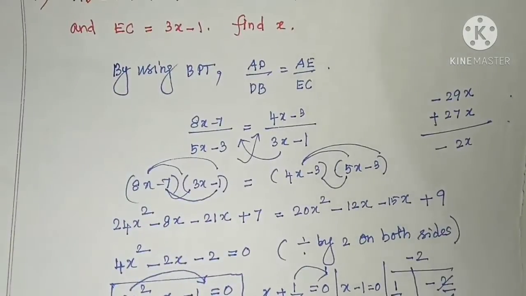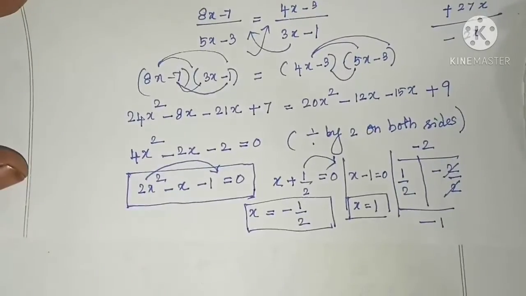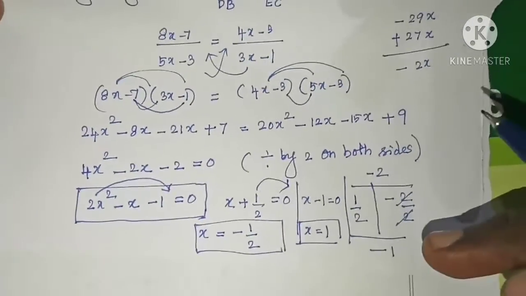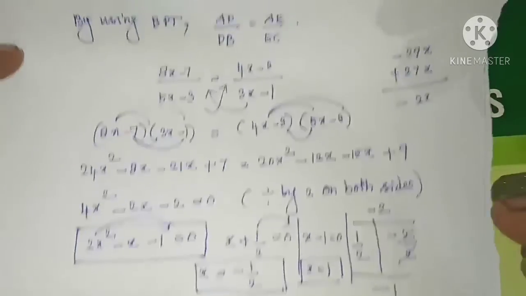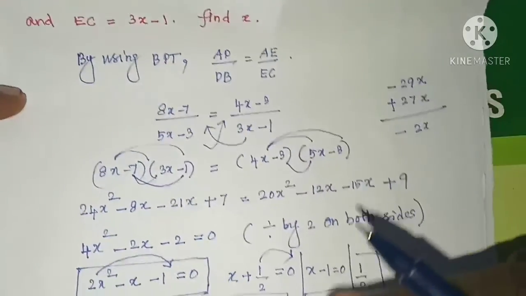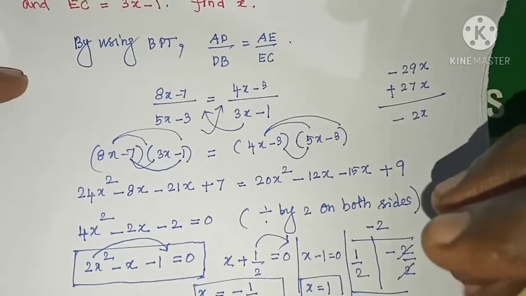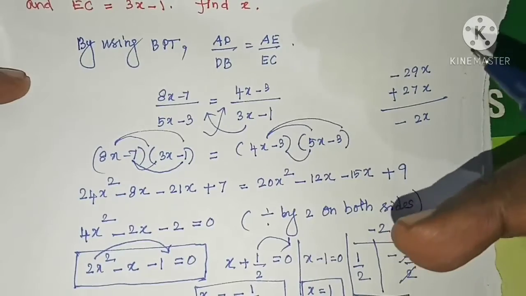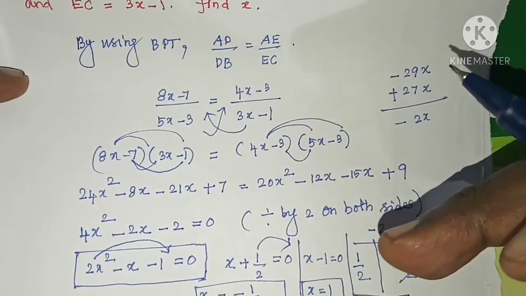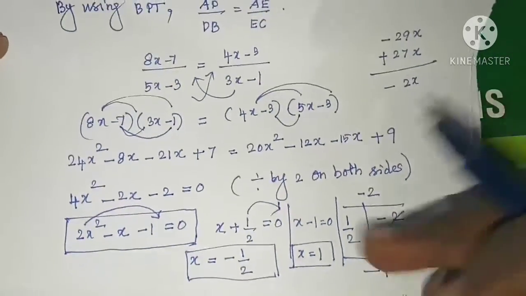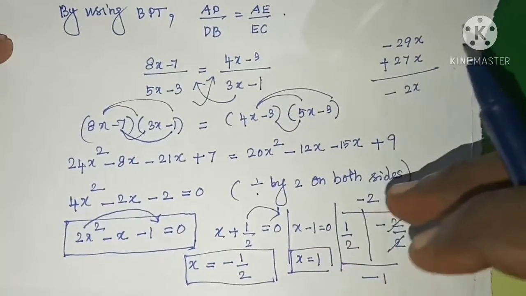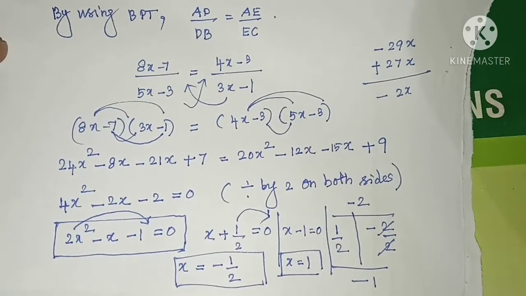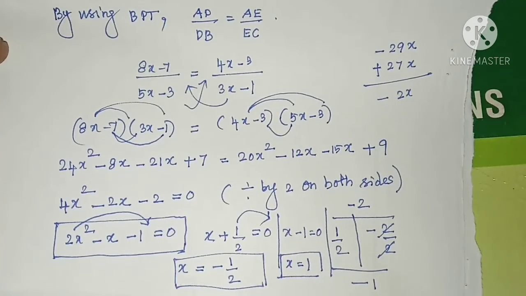I hope you understand this. Comparing with the previous problem, it is very easy because all the four values are given. We just apply and we find the value of x. Here we must have sufficient knowledge in simplification. Okay, like algebra, addition, subtraction, multiplication, division and factorization. These rules we must know. If you know this, you can solve the problem very easily. Okay, so move to the next one.